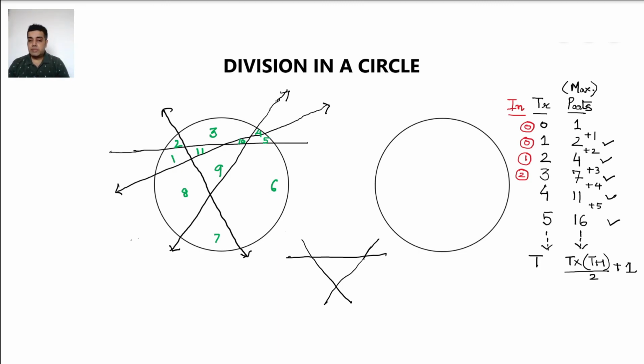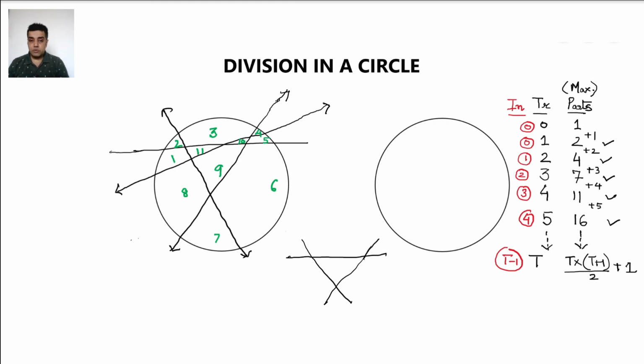But before I do that, let me just complete this as well. So on T transversals, how many intersection points would you have on every transversal is T minus 1. So coming back, finally, now if I take a two-dimensional paper and I have taken 3 transversals, and the three transversals are being intersected in such a way that every transversal has 2 points of intersection each. In that case, what are the sections that are given rise to? What are the various parts?